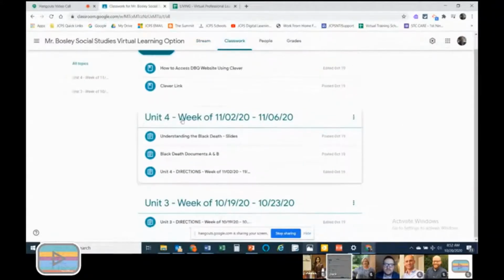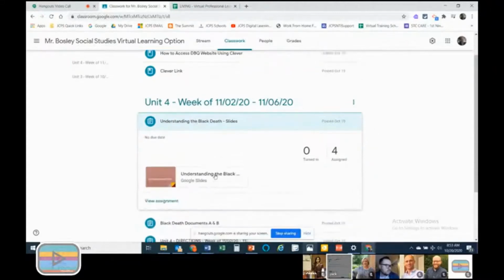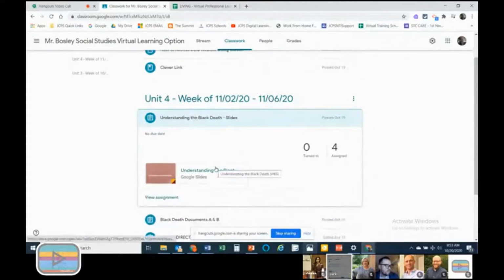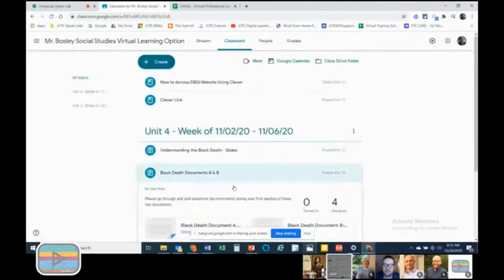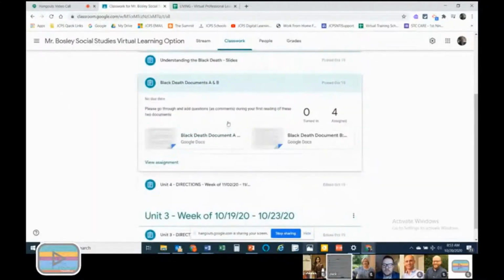So here I have that Unit 4 area that I've organized by week, and I've got the directions, which are pretty much what I just showed you in the stream, but I've pulled over one of their PowerPoints and then converted it over to Google Slides. So I just assigned that out to all the kids for some background information. And then I started pulling over two of the, I think there may have been 4 or 6 documents there, but I just literally,